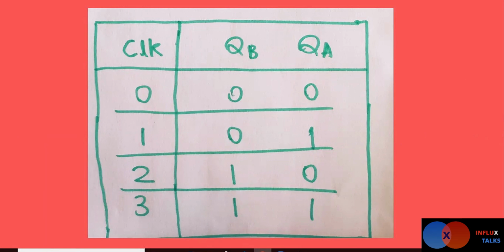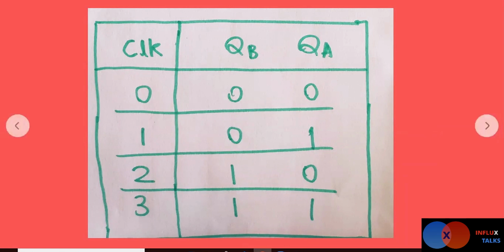So how many flip-flops do we require? We require 4 flip-flops, because 2 power 4 gives 16, and the formula is 2 power n minus 1, where n is the number of flip-flops. After 16 clock pulses, again the value of your output will become 0, and we'll be having 2 more outputs for 2 more flip-flops, and we will check that output. Let's say there were QD, QC, QB, and QA, and it will start from 0, 0, 0, 0 all the way to 1, 1, 1, 1. And by knowing these outputs, we can know how many clock pulses have elapsed.